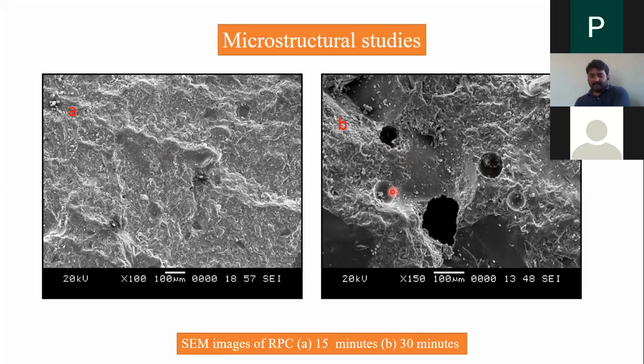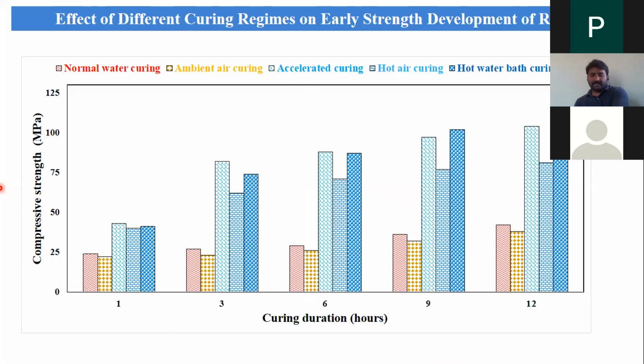Okay, fine. So next one is compressive strength, normal water curing. Once the mixing method is done, the second thing is how I can achieve early strength with respect to different combinations of curing that we have discussed. One is normal water curing, ambient air curing, or accelerated curing: hot air curing and hot water bath curing. In all these, the hot water bath curing was showing the highest compressive strength. The compressive strength achieved here is around 120 MPa for just hot water bath curing. So we were not satisfied with the results at all. That's why